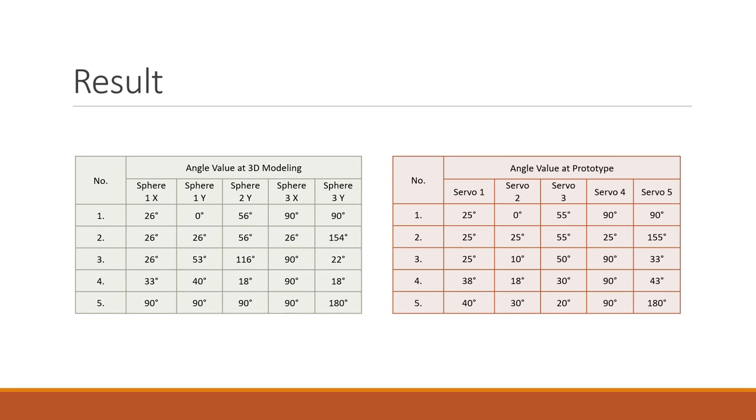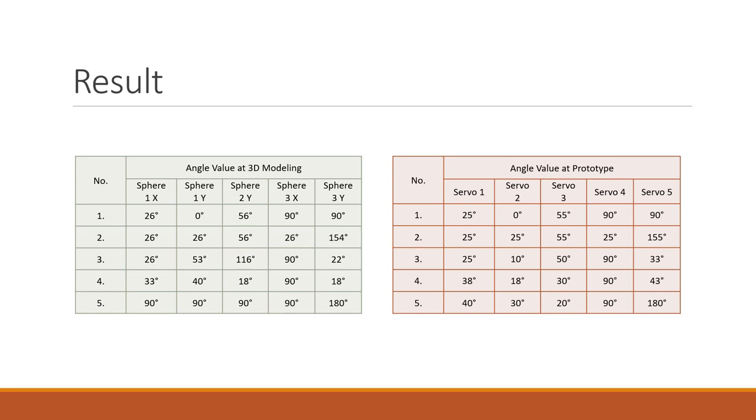On the third experiment, we try to move the elbow and the shoulder a bit wider from the starting point. In here, unfortunately, the prototype is unable to execute the inverse kinematic well. We can see on the third experiment, on the modeling, sphere 1y, the value is 53 degree, and sphere 2y is 160 degree. Meanwhile, when we apply it on the prototype, it can only move on servo 2 is 10 degree and servo 3